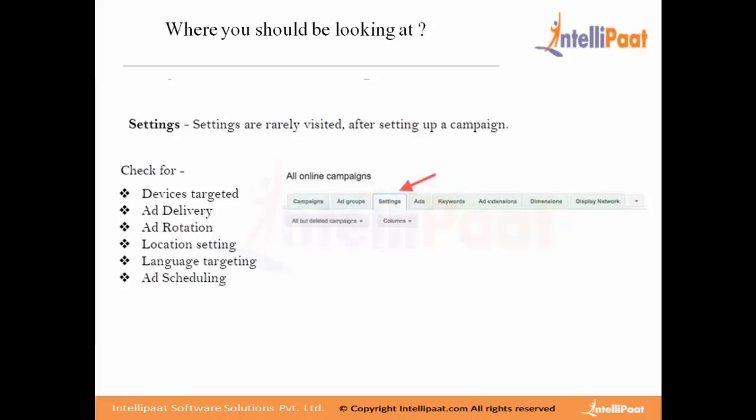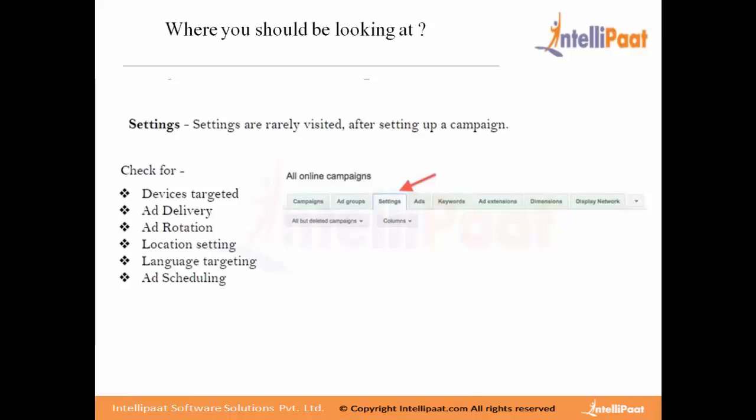You can even do it as A, B, and C. You have a campaign A, a campaign B, and a campaign C, whereby in all three campaigns the entire statistics, the entire ad copy, the entire settings, and each and every aspect is the same, but only one single variable is changed. It can be anything, whether it's the location, the devices, the ad delivery part, or the language. If you have a business dealing with audiences from various languages, you can keep language as one of the variable components.